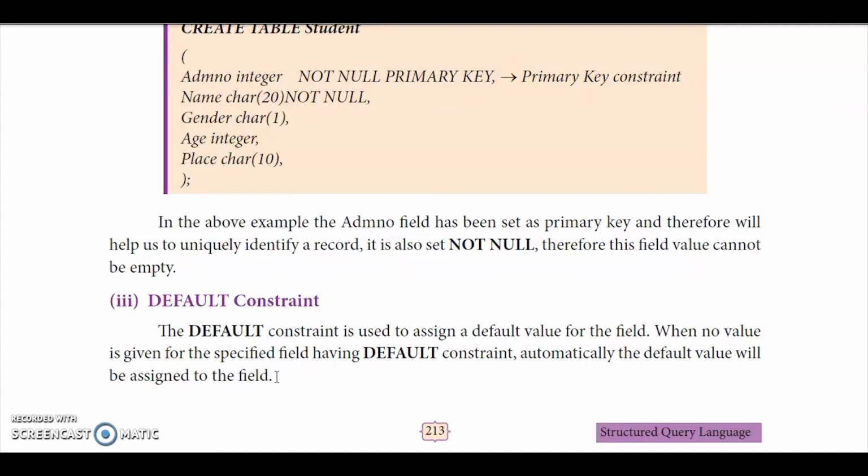So in the last video, you know that the record has 4 field names in the table; I gave values for 2 field names and did not give values for the other 2 field names. So at that time it was listed as empty. But if you have set the default constraint, if you have set any default value for that, and the user does not give a value, the default value will be taken. Okay, so with the default value constraint, automatically the default value will be assigned to the field.